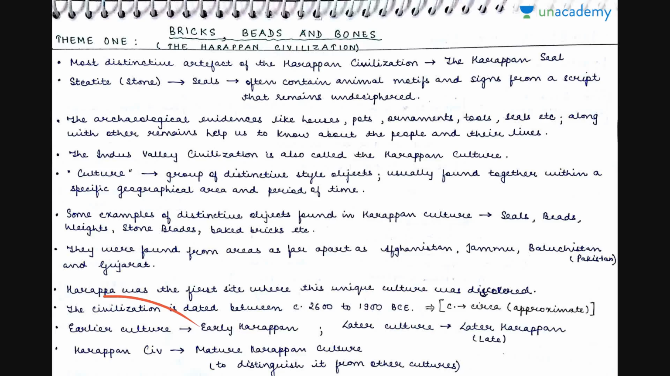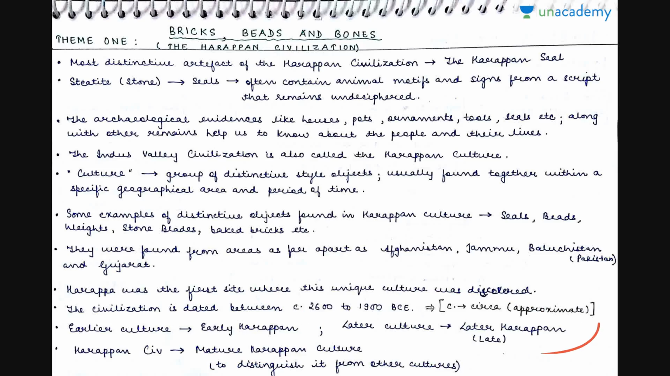Then there also existed an earlier culture. Whatever Harappa we study, we consider it as the mature Harappan civilization. So archaeologists say that before this civilization there also existed an earlier culture, not civilization but culture. In the same region, a different culture, different objects, or different types of things were found. So the earlier culture was known as early Harappan culture, and then the later culture was known